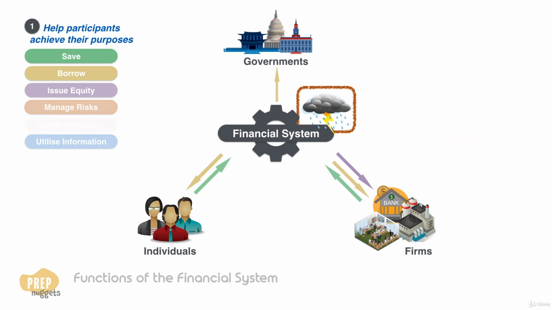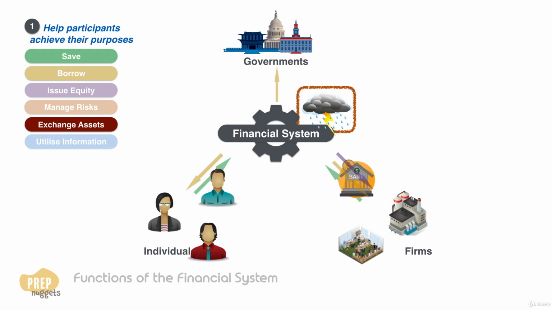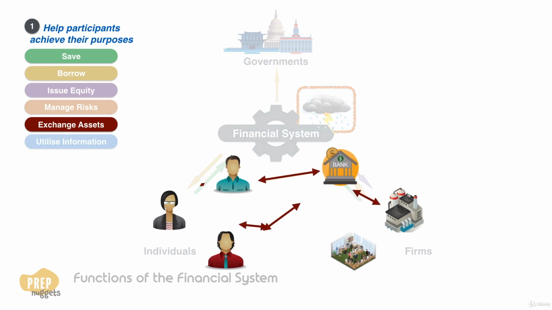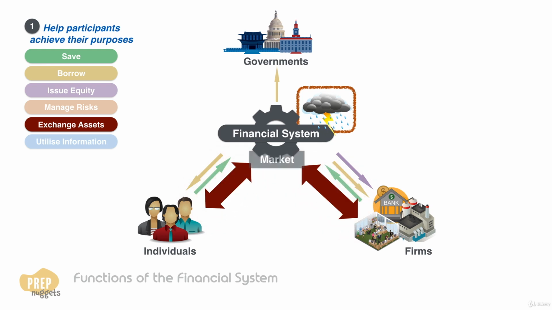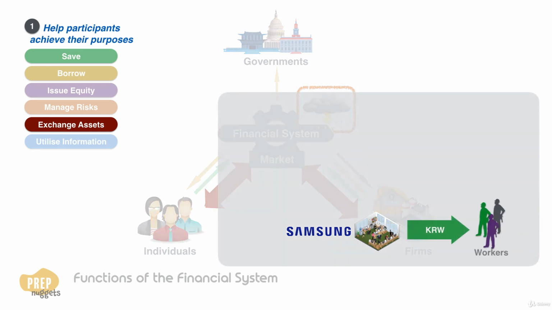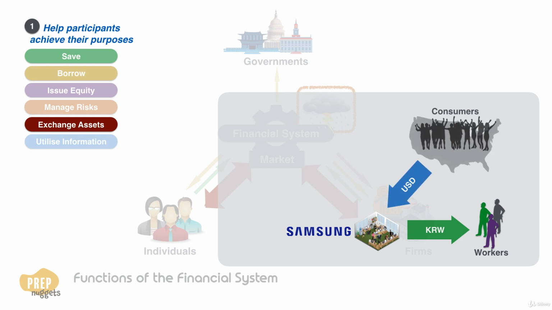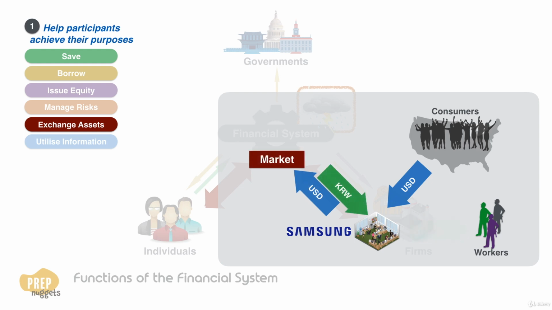People and companies often trade one asset for another for immediate delivery as well. This is known as spot market trading. While it is possible to trade directly with one another, it is more common and convenient to trade in an organized market governed by the financial system. For example, Samsung pays its workers and suppliers in Korean won, but the company receives US dollars when it sells its products in the US. To convert the money from dollars to Korean won, the company trades in the foreign exchange markets.